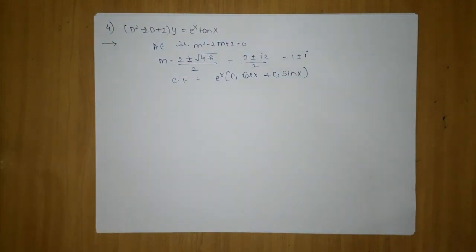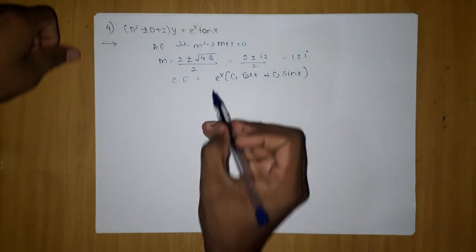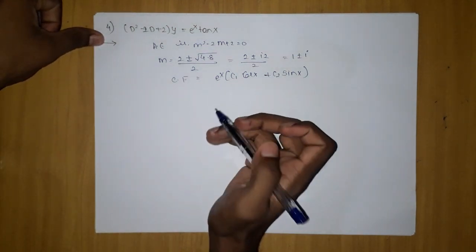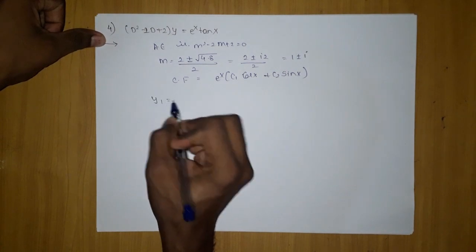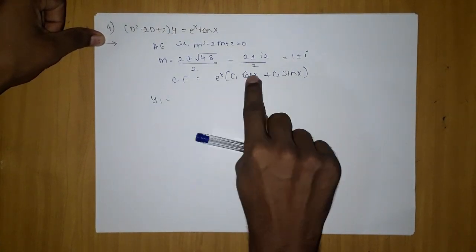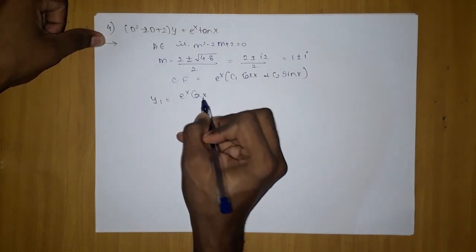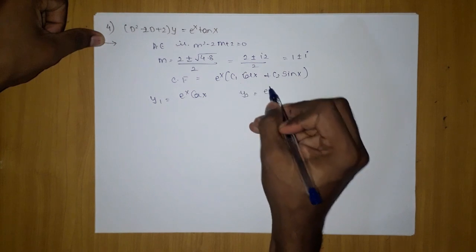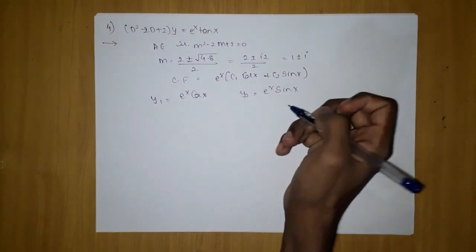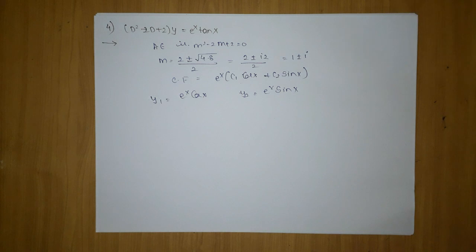Now what happened in the previous problem which we did, where the roots of f of D were complex, there was real part 0, which was e to the power 0x. But here, since e to the power x is outside, and we know y1 is whatever is attached with c1, we'll multiply this e to the power x with each of them. So y1 will be e to the power x cos x, while y2 will be e to the power x into sin x. So don't make the mistake of writing just cos x and sin x, you will get the wrong answer. You should know that your y1 and y2 will be different.